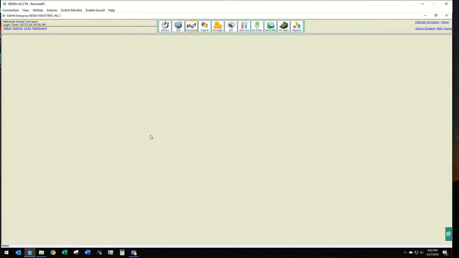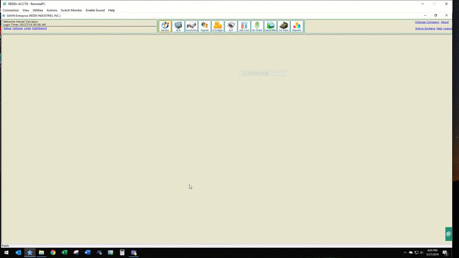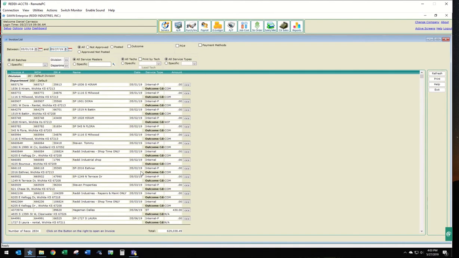Okay, I want to go over how to do our appliance invoices today. So the first thing you want to do, just from your default screen here, is go to Service, Tasks, Service Accounting, and Invoice Listing. And now this is going to show all of the invoices right now between your dates